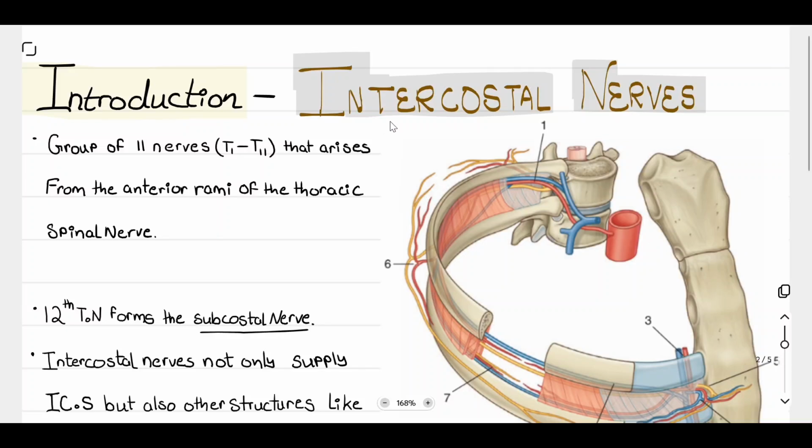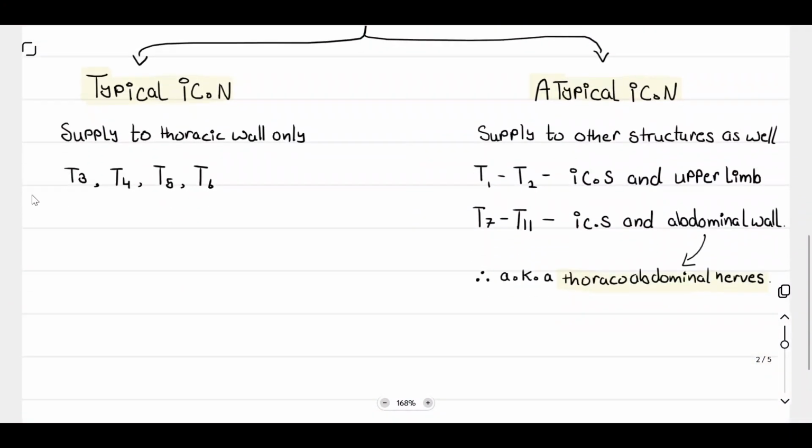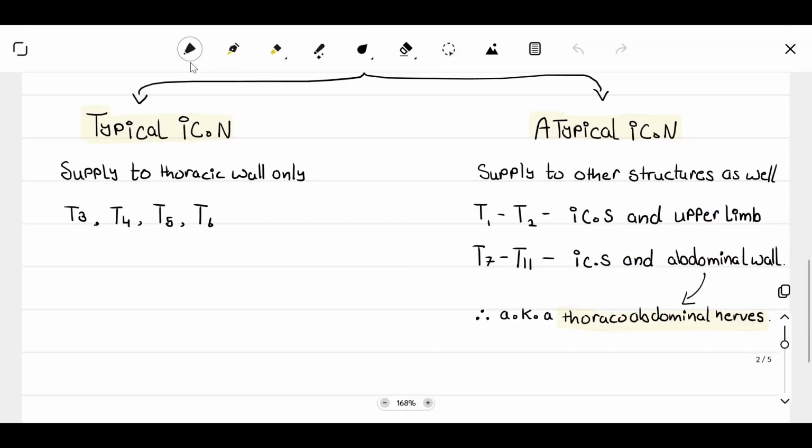As the name suggests, intercostal nerves literally means the nerves which are present in between the ribs. It is a group of 11 nerves, from T1 to T11, that arise from the anterior rami of thoracic spinal nerves. By way of review, I am drawing the cross section of